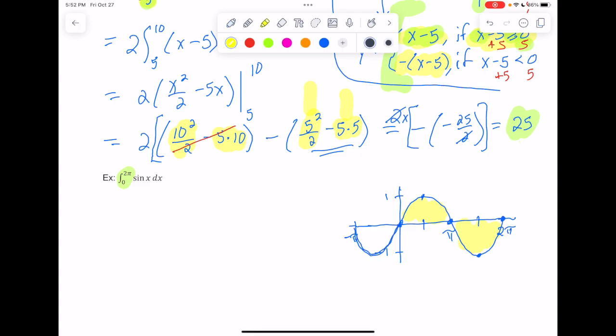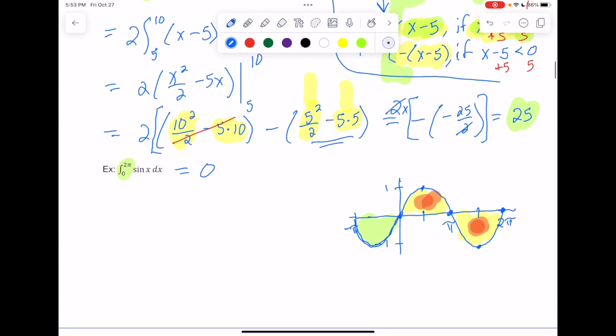And this one right here cancels out this one right there. And that's what would happen with the symmetric bounds, but it can still happen where these two cancel each other out as well. So we could go through all of the work, but if we notice that symmetry, we could just say right away that this is going to be 0. So there it is just from looking at it.